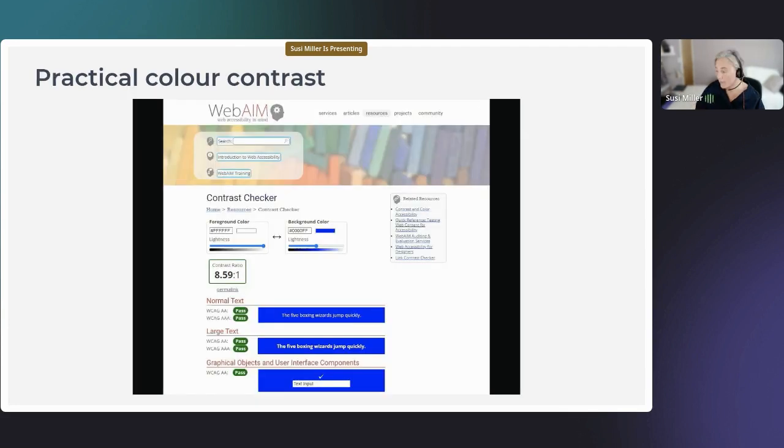It's simply a case, so hopefully my video is working here. Brilliant, I just see my little arrow moving. It's simply a case of using the color picking tool to pick up the color value of the background and then text, and then selecting enter to find out if your color combination passes or fails the WCAG standard. So you can see the color contrast ratio for the white against green was only 2.22 to 1, not at least 4.5 to 1. So this would fail in an audit and it would be difficult for many of your